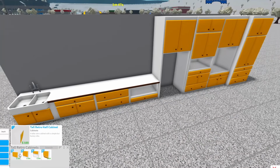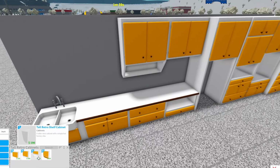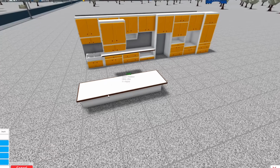Then we have a tall retro cabinets. Same thing, we have the shelf, we have this shelf. So there's quite a lot of options to choose from. This kitchen is very versatile, and I think it's very promising. If we get this much for...